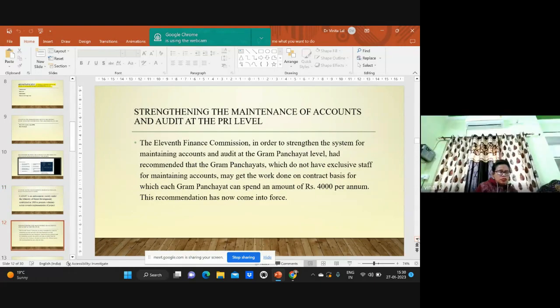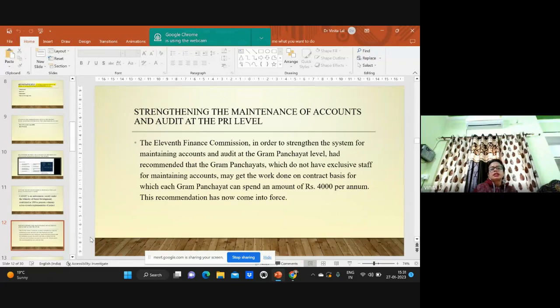Now we come to the next slide. This is strengthening the maintenance of accounts and audit at the panchayat level. At the panchayat level, the 11th Finance Commission